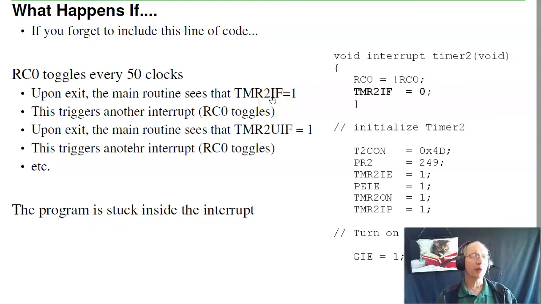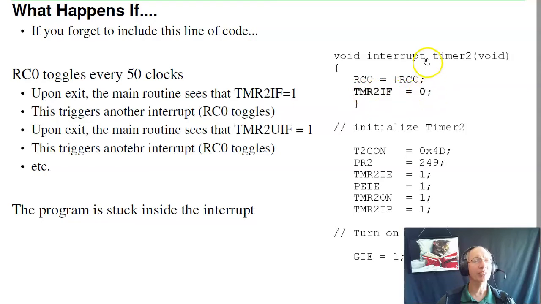In terms of interrupts, interrupts are really picky. They're really annoying, which is why we've ignored them so far and turned them off. Once you turn them on, a very common effect is the processor quits working. This, for example, is code which toggles port pin RC0 every 1 millisecond. If I write the code and forget this line of code right here, forget to clear the Timer 2 flag, then